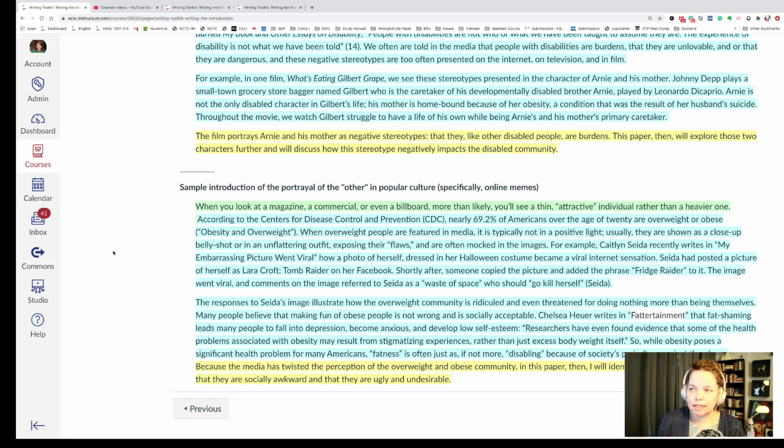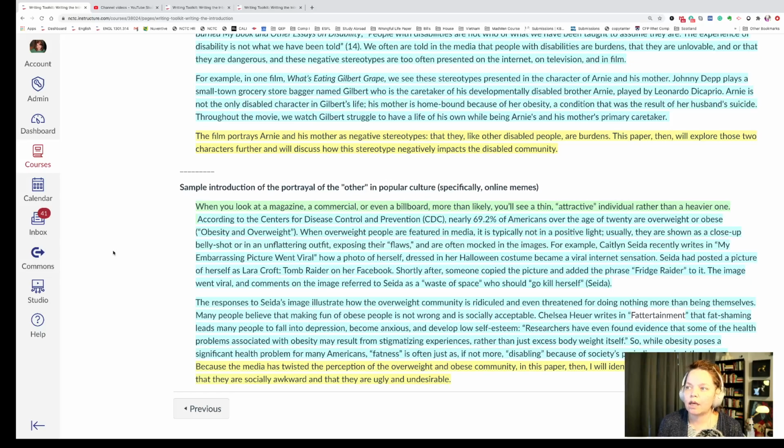According to the Centers for Disease Control and Prevention, nearly 69.2% of Americans over the age of 20 are overweight or obese. When overweight people are featured in media, it is typically not in a positive light. Usually they are shown as close-up belly shots or in unflattering outfits, exposing their flaws, and are often mocked in images. For example, Caitlin Seda recently writes in, quote, "My embarrassing picture went viral," how a photo of herself dressed